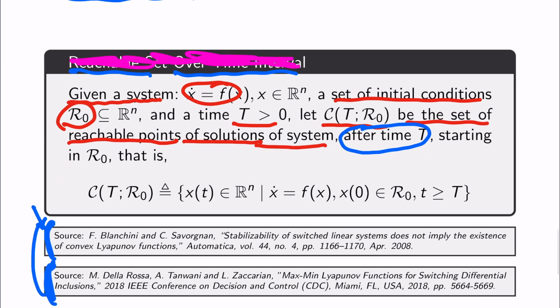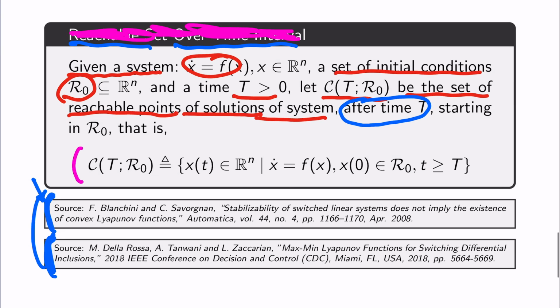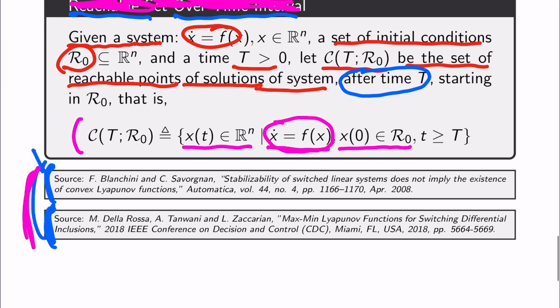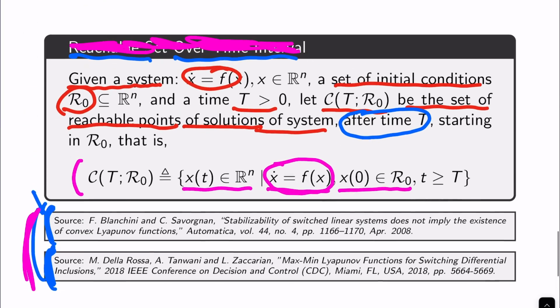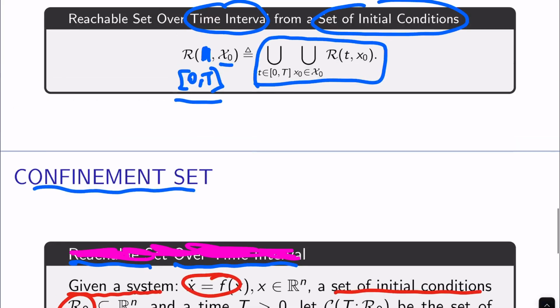Alright, let's look at the mathematical description of the confinement set, and here the set of states, such that they are basically generated by this dynamic system, and each initial point takes the value from the given set of initial conditions, and then we have after t, right? That's it. For example, again, these are the sources. Yeah, like we discussed before,